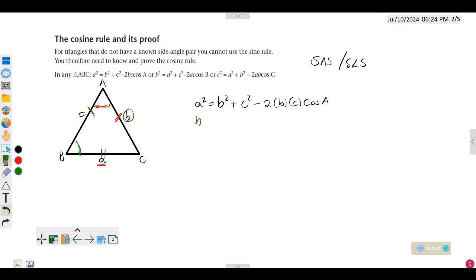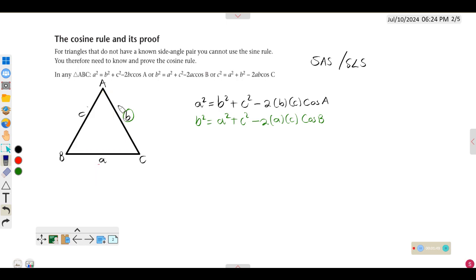So it means that b squared has to be equal to a squared plus c squared minus 2 into the product of these two, which is a multiplied by c, cosine of what? Cosine of the included angle, which is b, right? So again, in order to use the cosine rule, you need a side, an included angle, and another side,